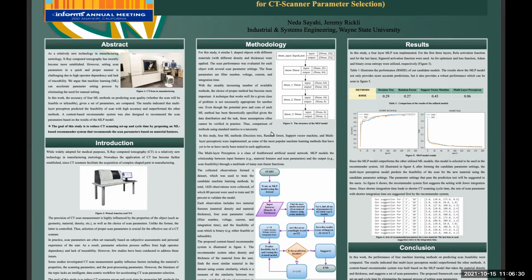1620 observations were collected, with 80% used to train the model and 20% used to validate the model. Each observation contains 2 material features, which are material density and part thickness, and also 4 scan parameter values, which are filter number, voltage, current, and integration time. And a binary scan feasibility, where 0 means the scan is feasible, and 1 means the scan